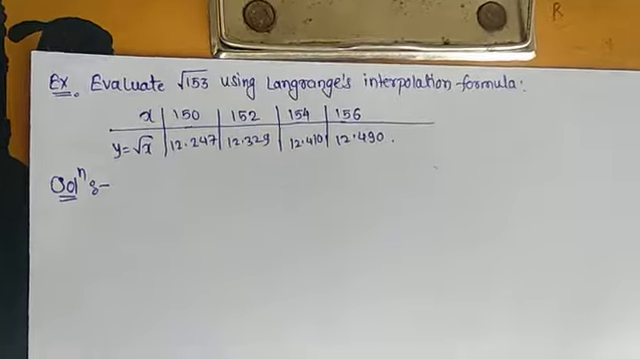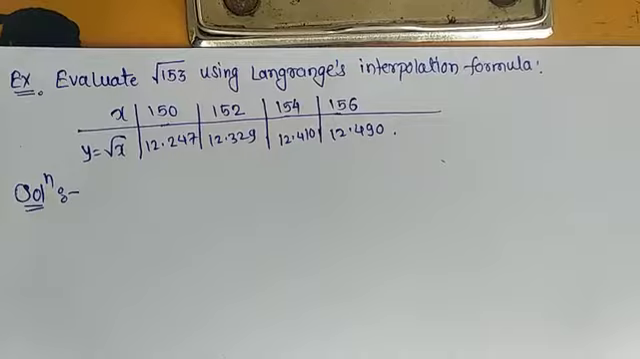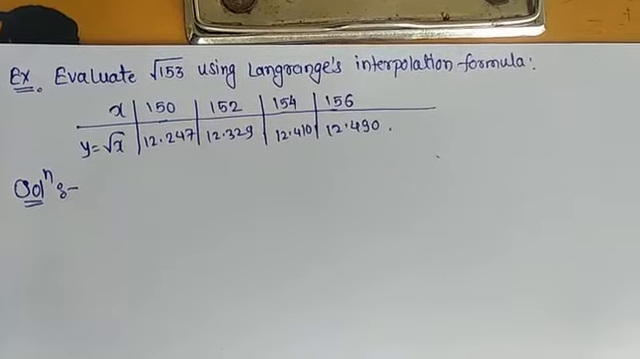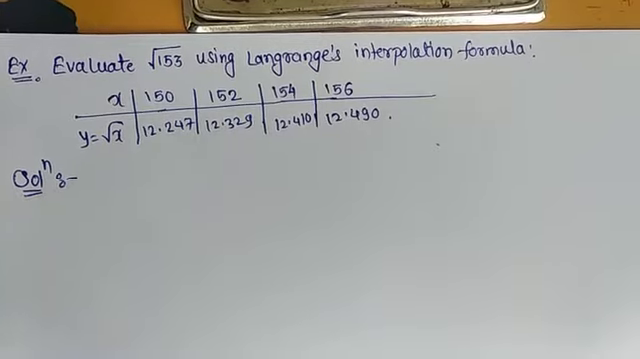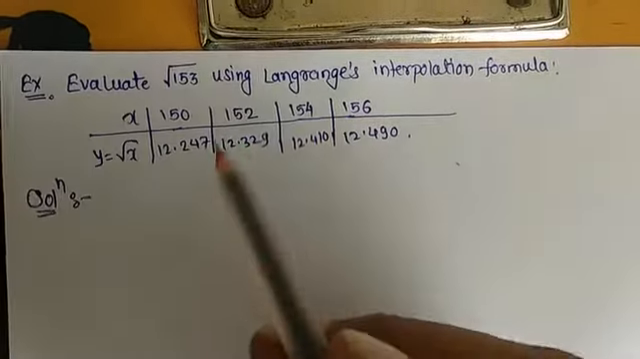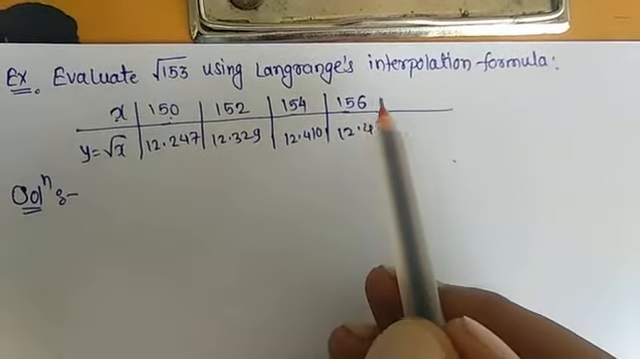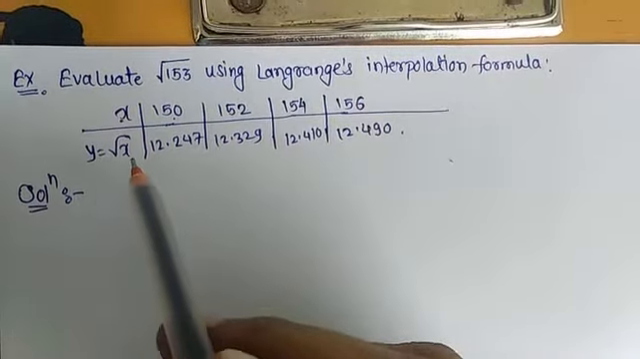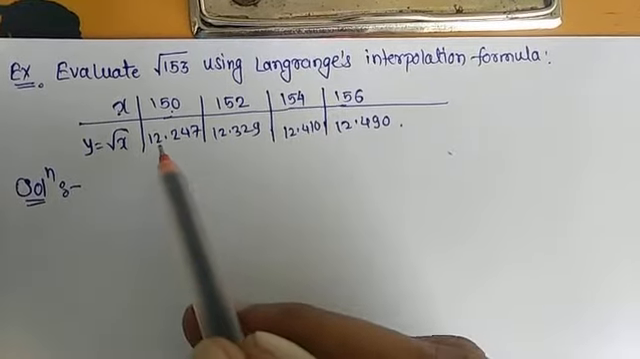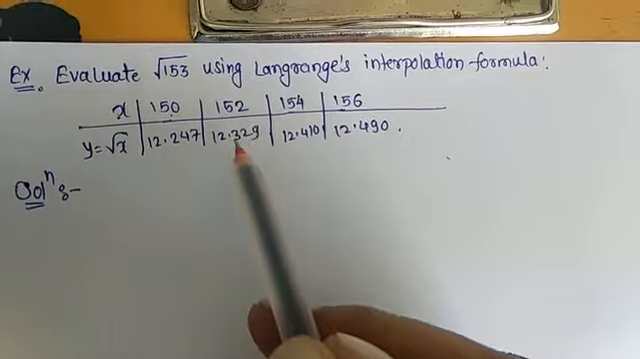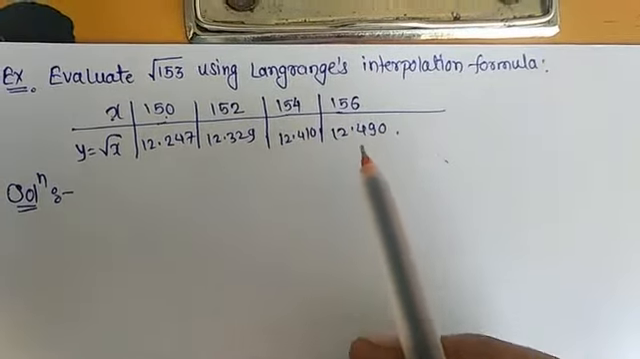Hi everybody, today we are going to solve the examples related to Lagrange's interpolation formula. In this example, we have to find the value of square root of 153 using Lagrange's interpolation formula. It is given the values of x: 150, 152, 154 and 156, and y is equal to root x. That means our function is root x and its values are 12.247, 12.329, 12.410, 12.490 at corresponding values